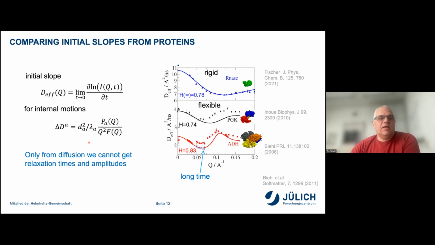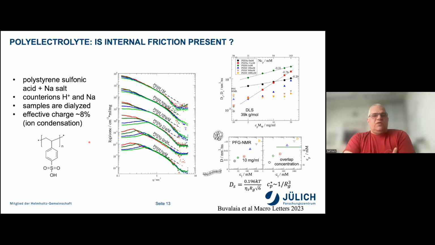So now to our first example. Basically, this was motivated by intrinsically unfolded proteins, and we wanted to see if you take a polymer with charges and a large side group, do we see the same internal friction? We used the classical polyelectrolyte, polystyrene sulfonic acid, that is neutralized in some parts. We have a large side group, but we have a constant backbone, only carbon-carbon bonds, and then charges. But this is only